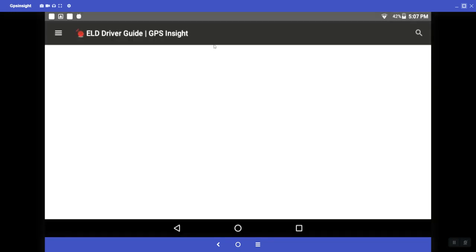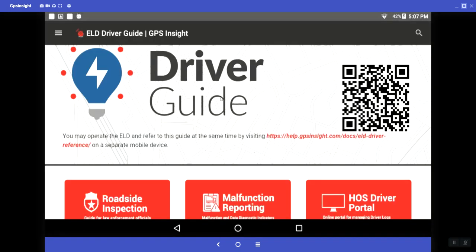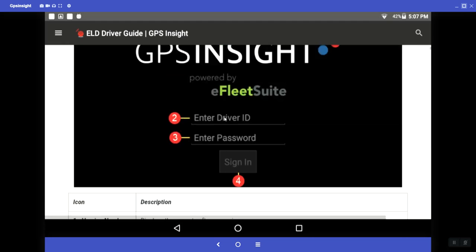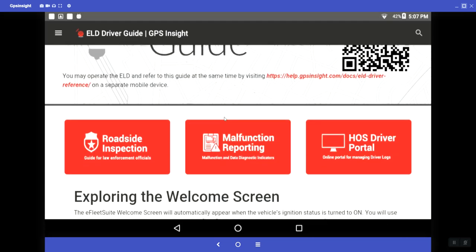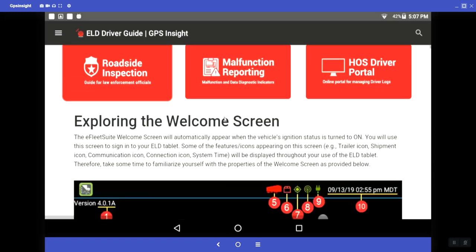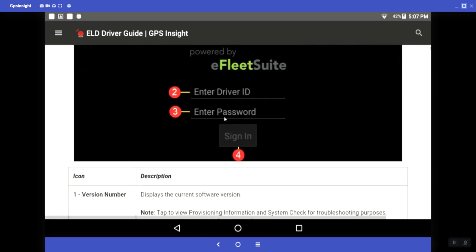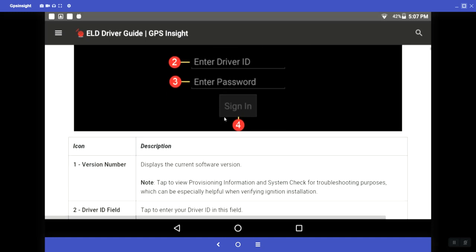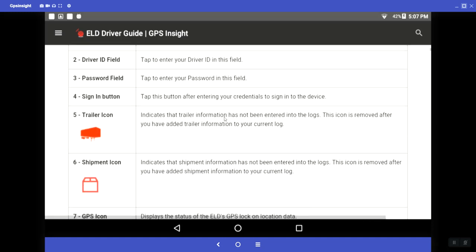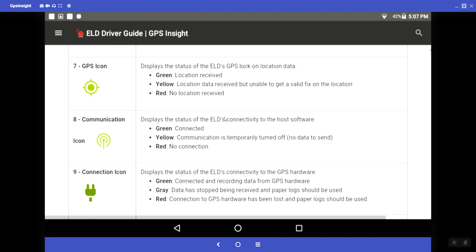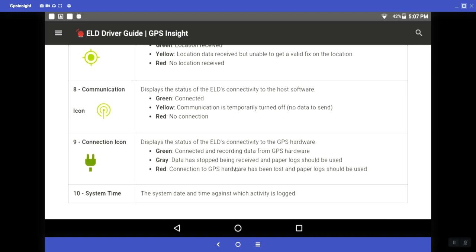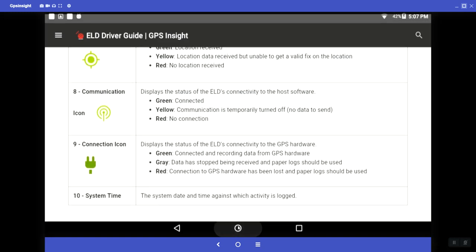Just so you get a little overview of it, we go inside real quick, and it tells you pretty much what everything means, like any messages that you might get in the tablet, the icons, the colors, the version, enter ID, passwords, all of that, with descriptions underneath each picture. If we go back to the home screen,